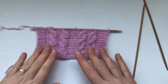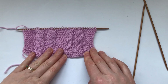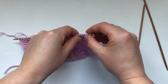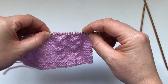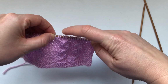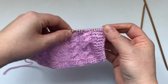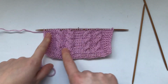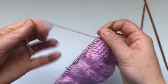Now, like I said, the cast on is a multiple of 7 plus 3. I have here in between my garter stitch and my marker, 7 plus 3. So I have 2, 4, 6, 8, 10, 12, 14. That's a multiple of 7 plus 3 stitches, 17 stitches, and then the same on this side, and then a garter stitch on the other end. And it's a